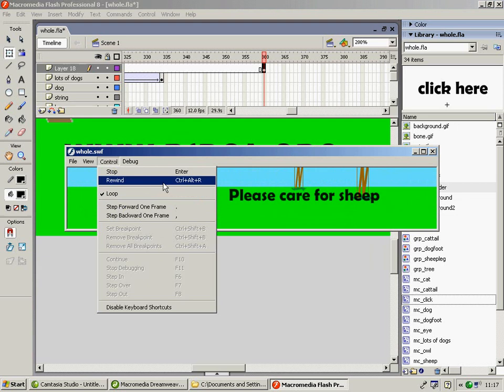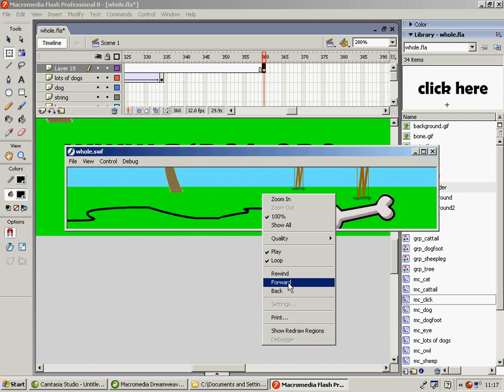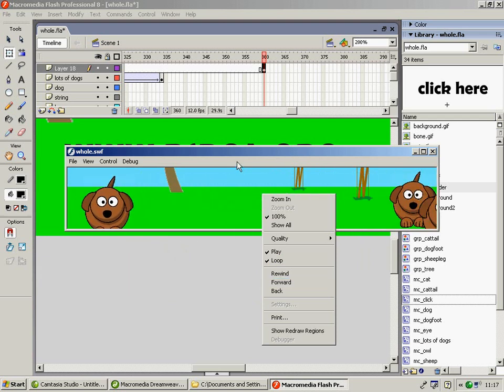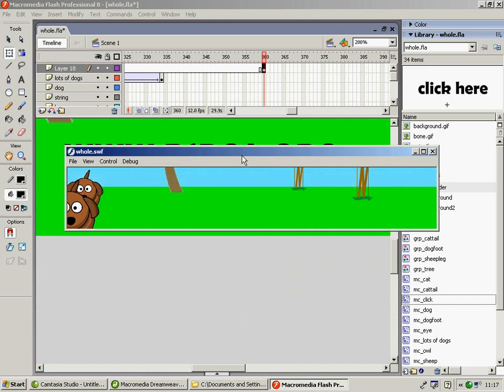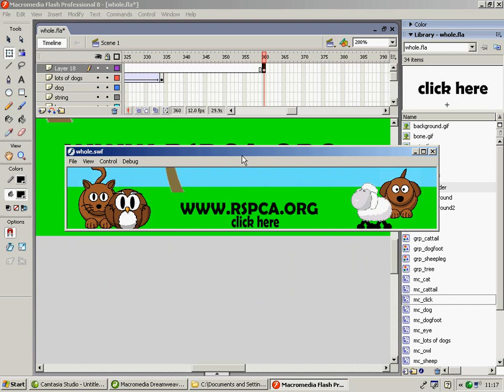You can rewind back to the beginning, no problem. And if you right click on the animation, you can do forward, but again it just does it one frame at a time, which is exceptionally annoying. So you guys are going to have to wait until we get to the end of this now, and when we do, click here appears and it's pulsating away, and when I hover over it, it turns to a hand,